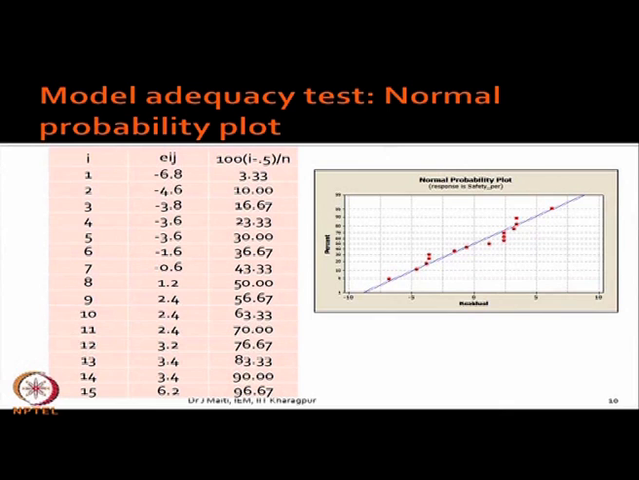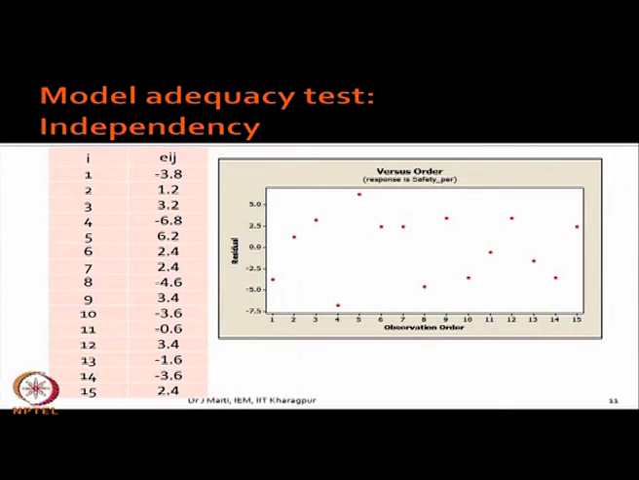Also do the hypothesis testing for the parameters, whether they are significant or not, whether the difference between the parameter values is significant or not. That is not sufficient, you have to do this adequacy test also. So, under adequacy test, first point is normal probability plot. Now, come to the second point, independency. What we said? We said that